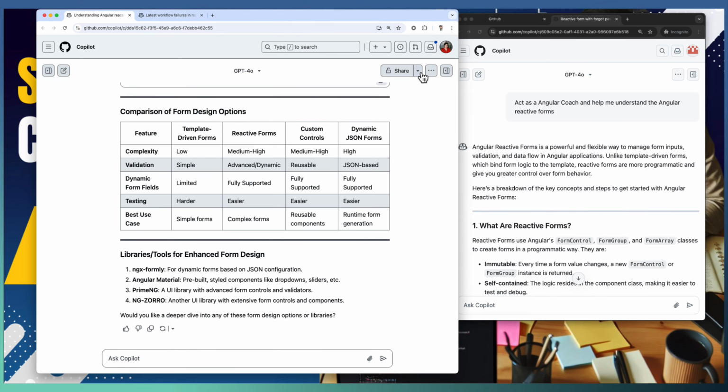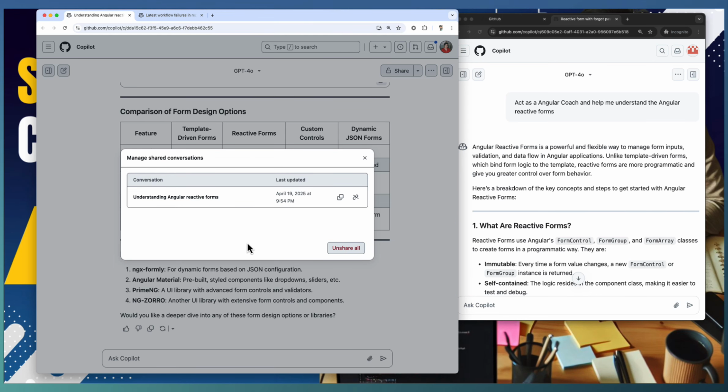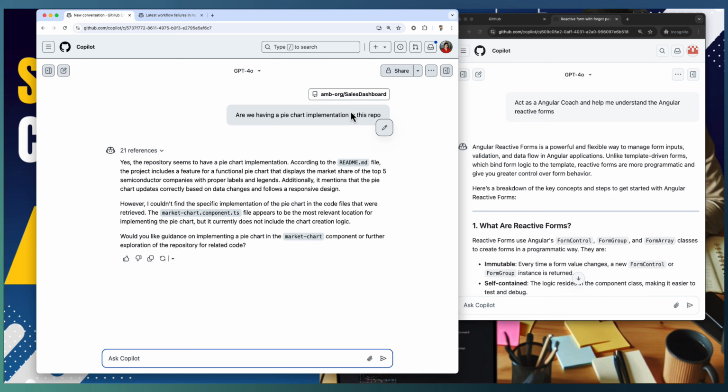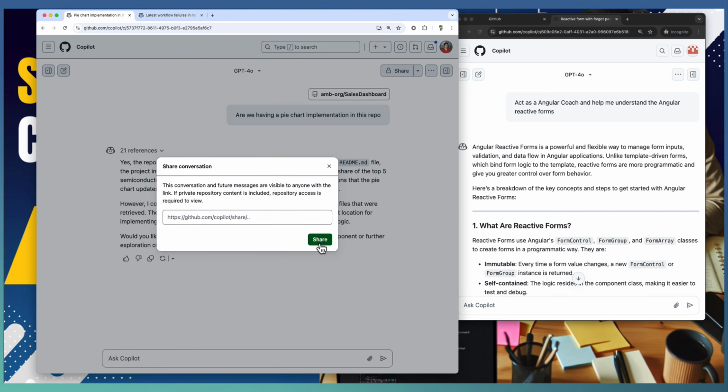Also, the sharing functionality provides managing shared conversations. I will be able to copy the existing sharing link as well as unshare the conversation. If I no longer need to share this conversation, that means I need to manage the shared conversations. Here I am using a private repository and asking Copilot for some information on this particular repository. It provided the information. If I want to create a shareable link,